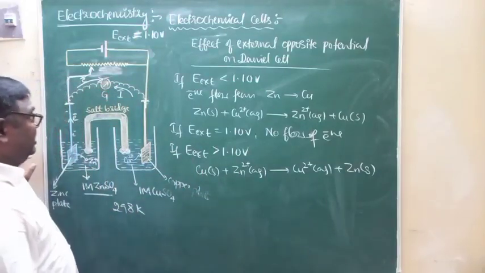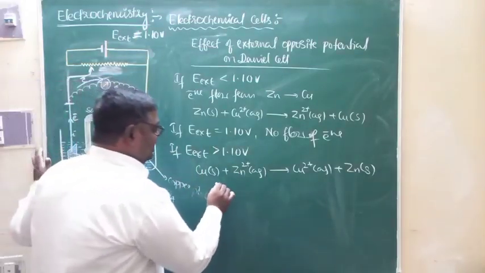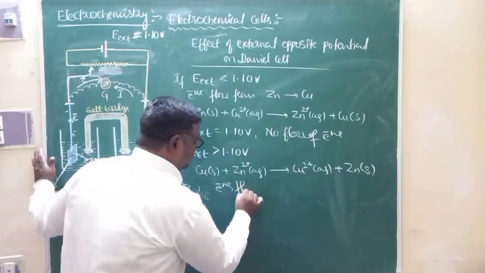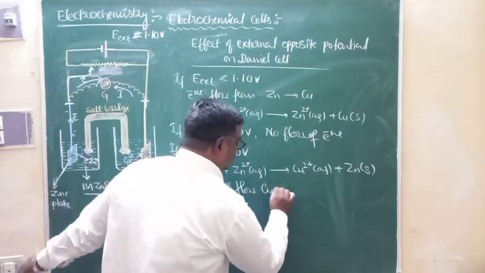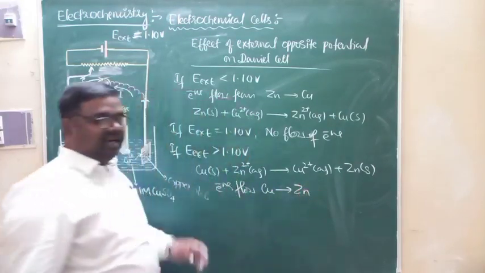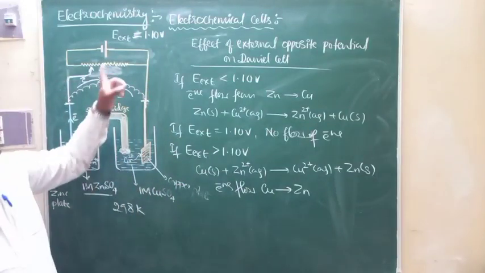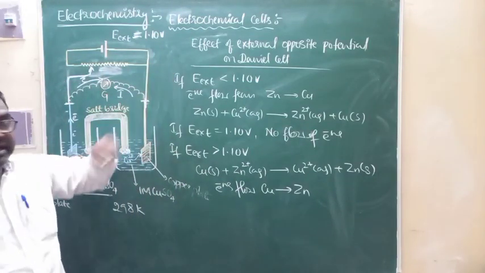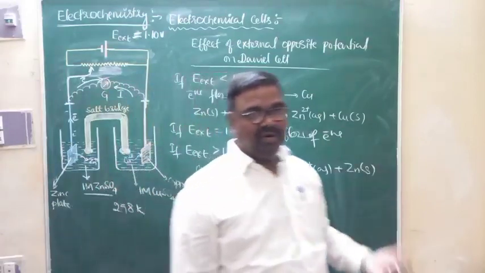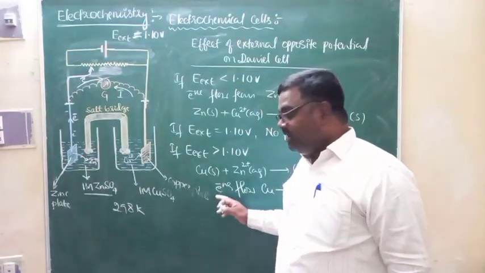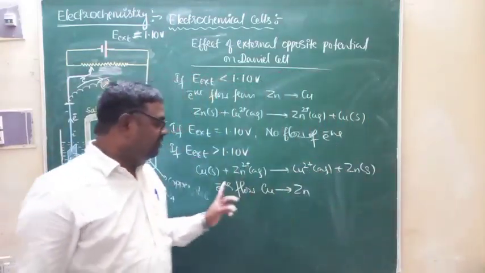That means electrons flow from copper to zinc, in the direction opposite to the direction of electrons in the case of the Daniell cell. In the Daniell cell, electrons were going from zinc to copper, right? Now what happens is that the direction of electron flow will